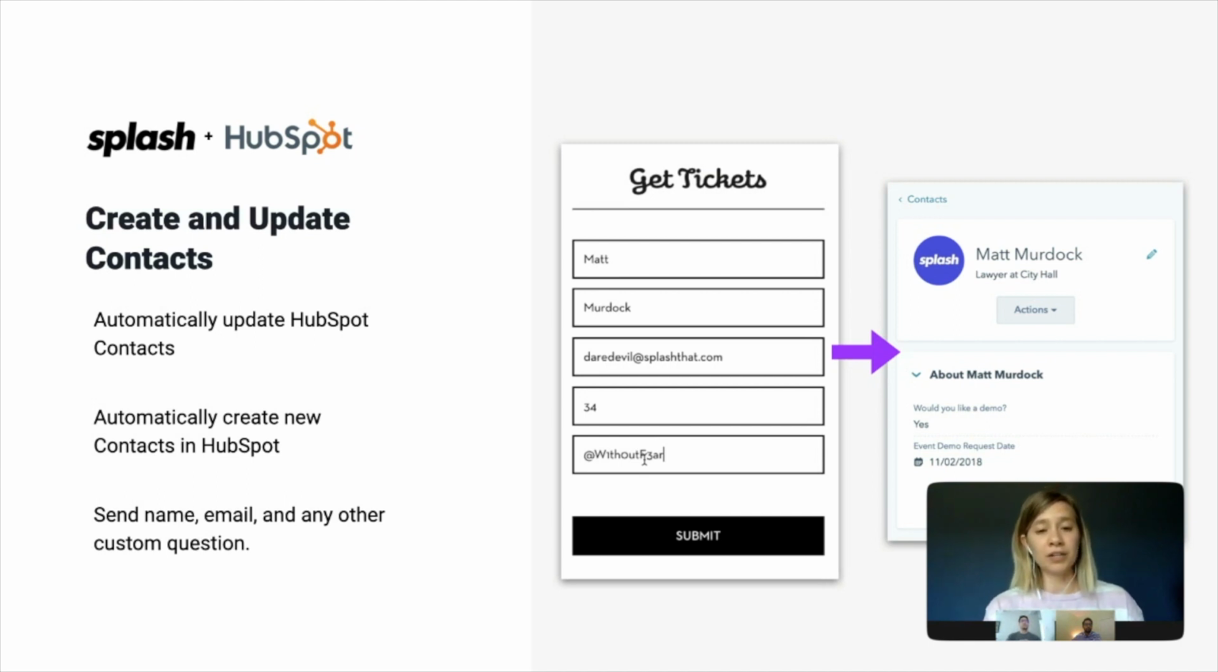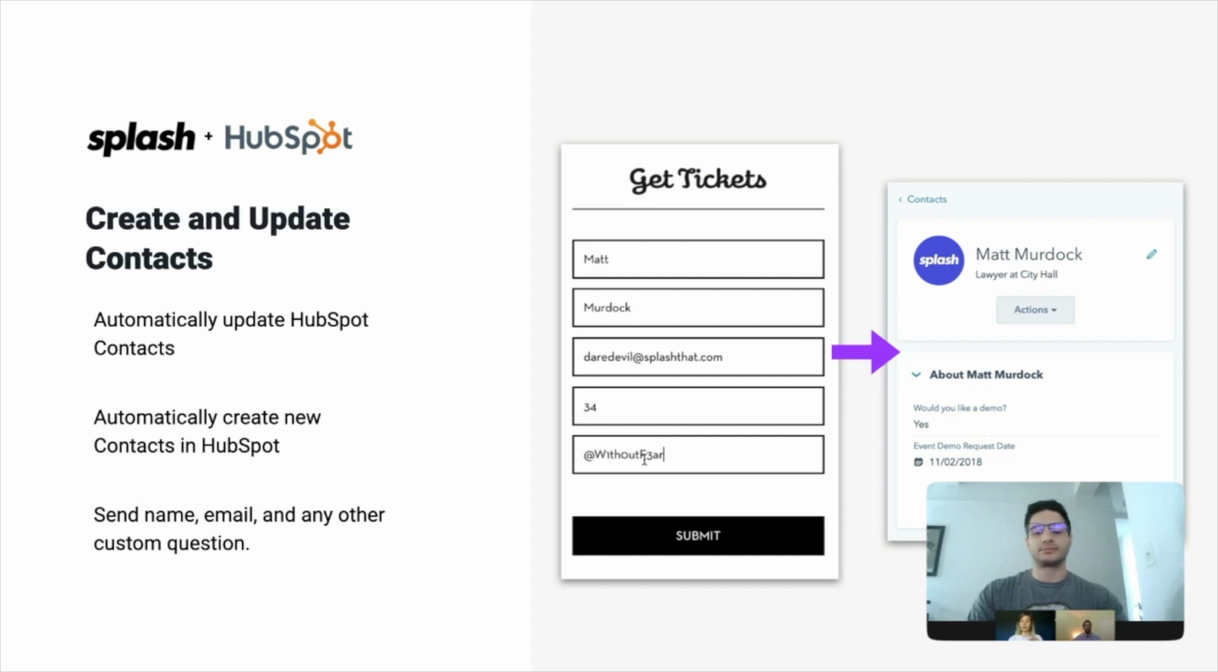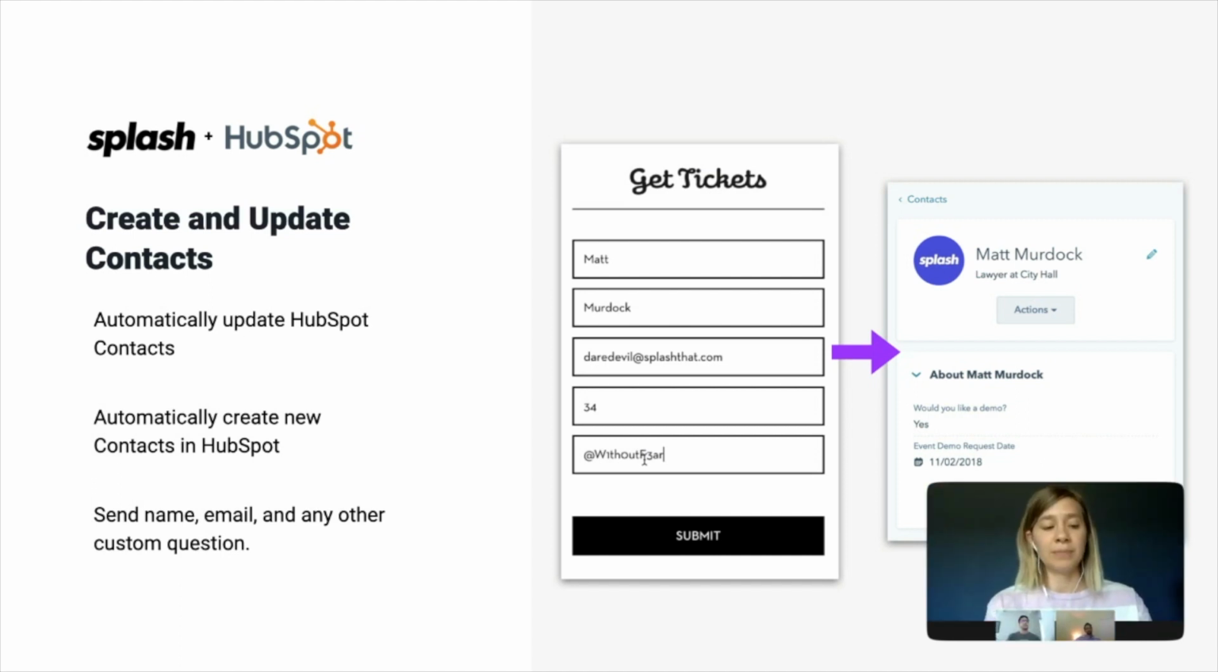So there are two parts to this integration, and I'm going to go through both of them, talking high level through the slides. One is about creating and updating contacts, and the other one is specifically the timeline integration and how you can track that event level data and use that information on the HubSpot side. As far as creating and updating contacts,